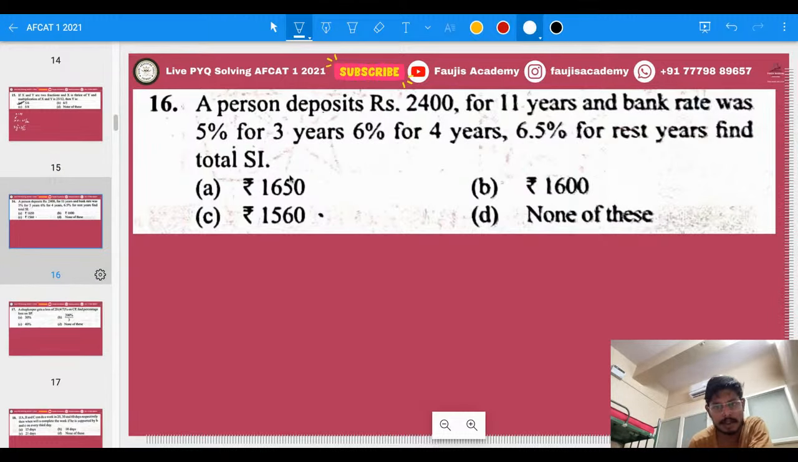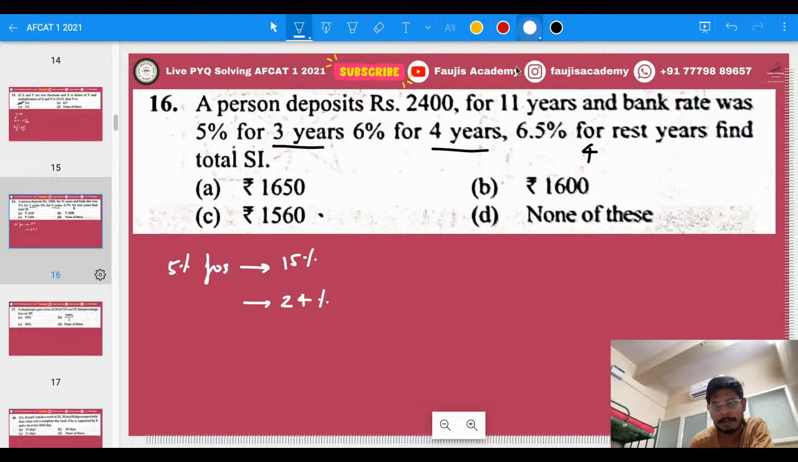A person deposits 2400 rupees for 11 years at the bank, and the rate was 5% for 3 years. Okay, 5% for 3 years, that means effectively he earned how much? 15% for 3 years, and then 6% for 4 years. That means over here he earned how much? 24%, and 6.5% for the rest. Over here 4 years already gone, 3 years already gone, 7 years already gone,